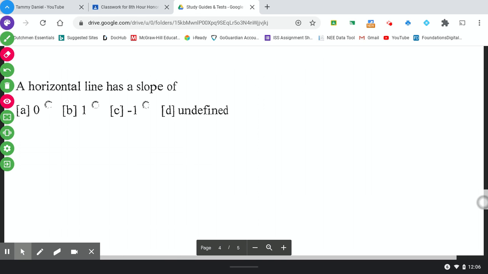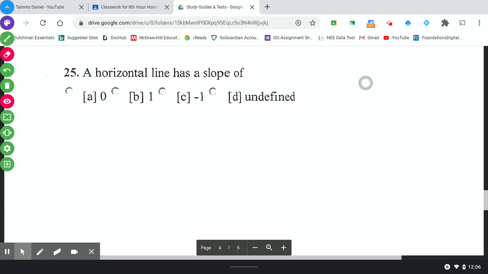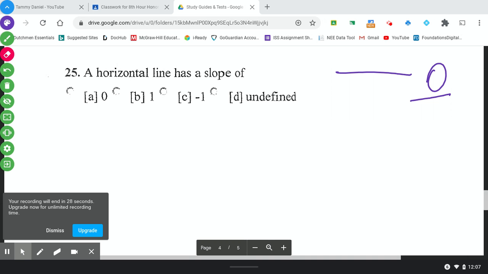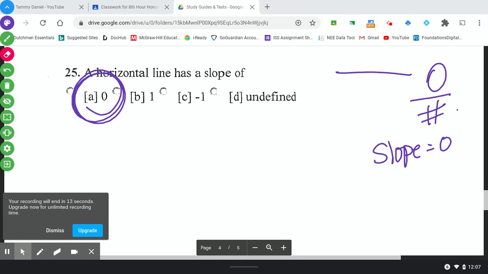This next one says a horizontal line has a slope of. So horizontal is this way, like this. So it doesn't change up and down. So it means it's going to have 0 on top, right? And some number on the bottom. It doesn't matter what number. But if it has the 0 on top, then the slope is 0. If the 0 was on the bottom, down here, it would be undefined. So our slope is 0. Okay? But again, if it had been a vertical line this way, then it would have been some amount over 0, which